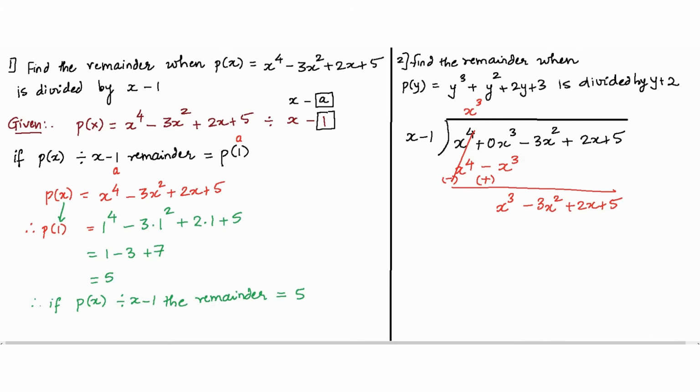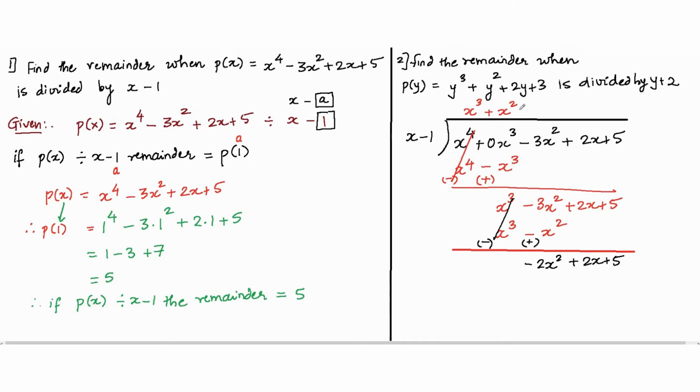Now let's see what my quotient should be. I have x, I need x cube, so let's multiply by x square. So x into x square becomes x cube, and minus 1 into x square becomes minus x square. Now let's see how the signs will change. The signs of the second row should change. So I have a negative and a positive here. This cancels. Minus 3x square plus x square becomes minus 2x square plus 2x plus 5.